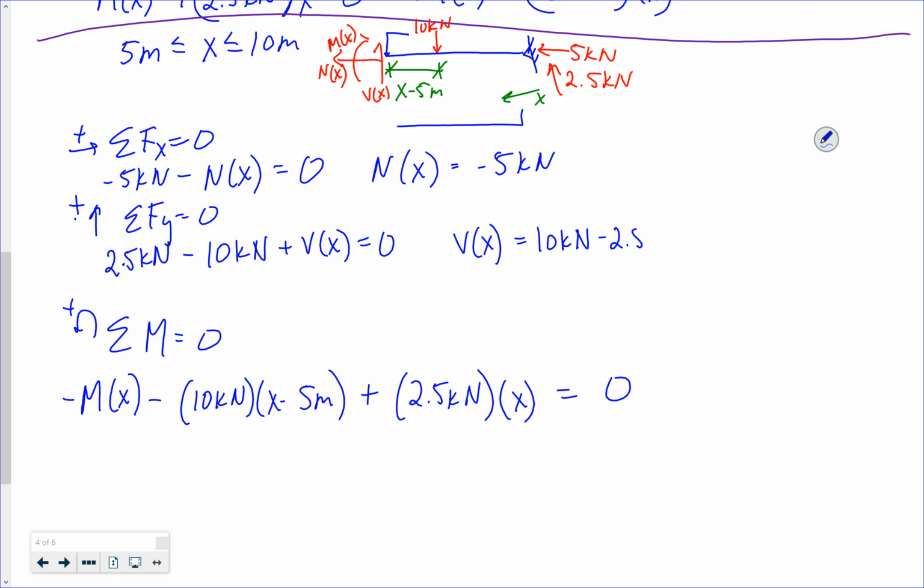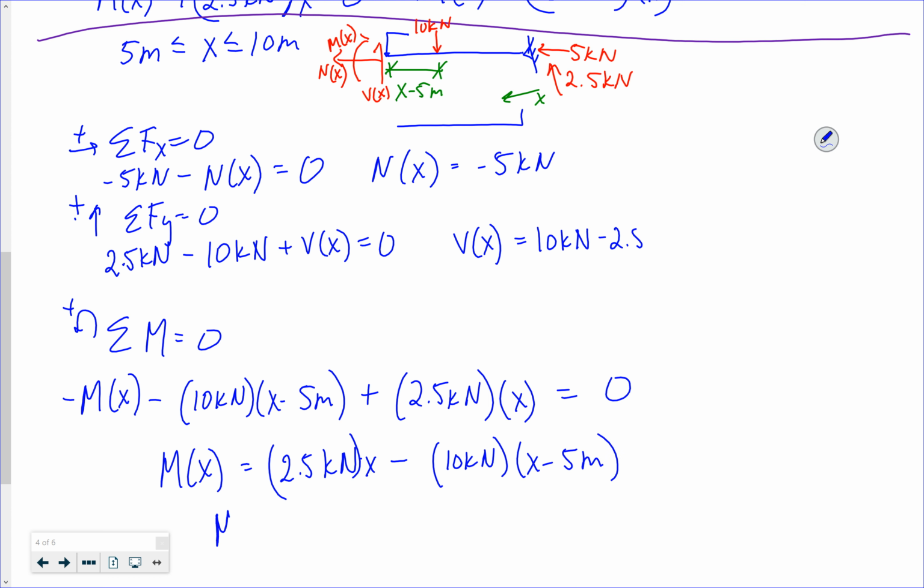Right? So let's see. My moment at x is equal to 2.5 kilonewtons times x minus 10 kilonewtons times x minus 5 meters. That results to